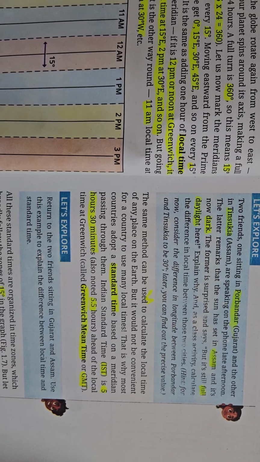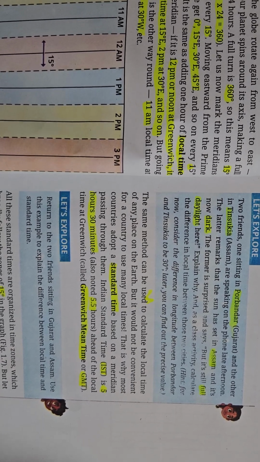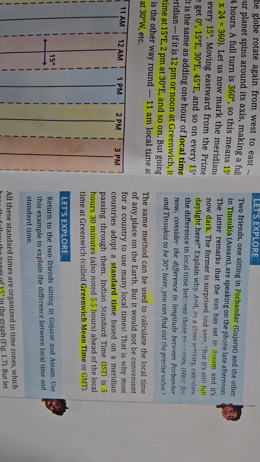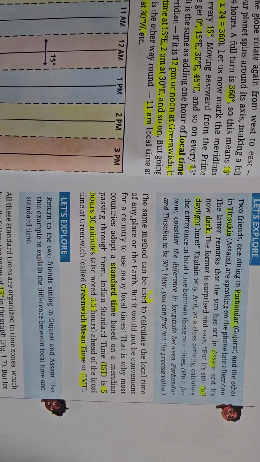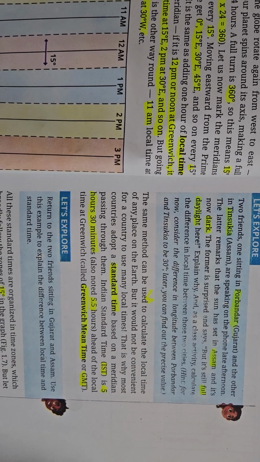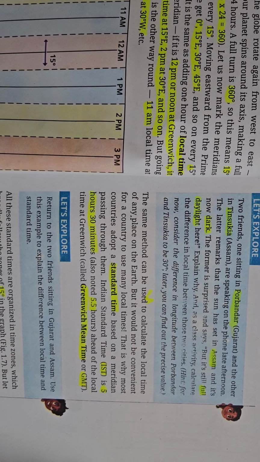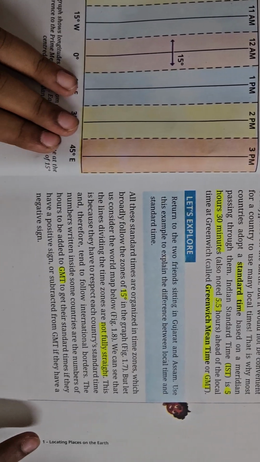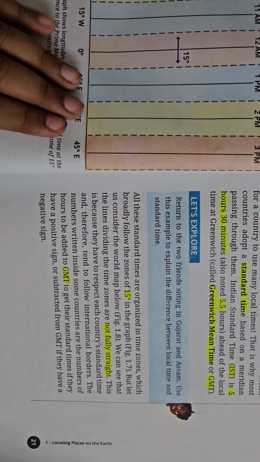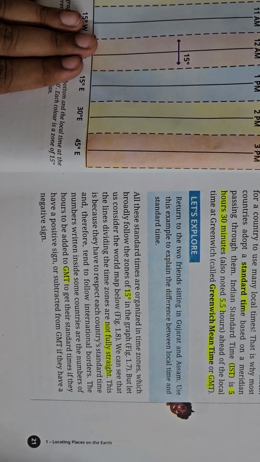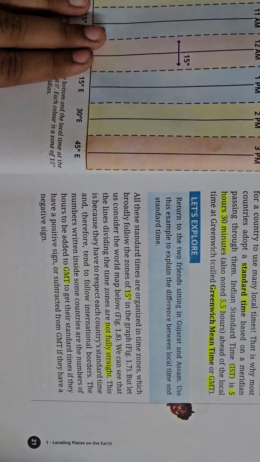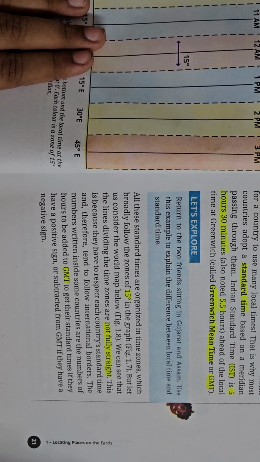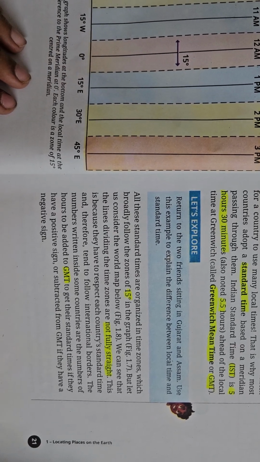Indian Standard Time, IST, is 5 hours 30 minutes, also noted as 5.5 hours, ahead of the local time at Greenwich, called Greenwich Mean Time or GMT. All these standard times are organized in time zones which broadly follow the zones of 15 degrees. In the graph 1.7,